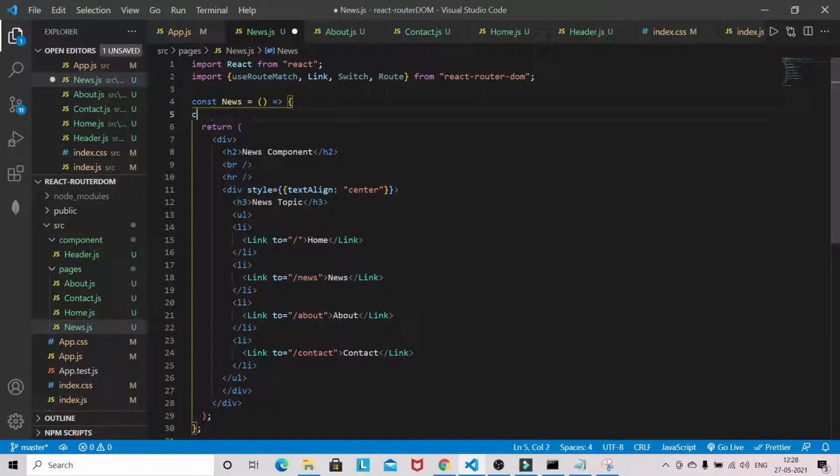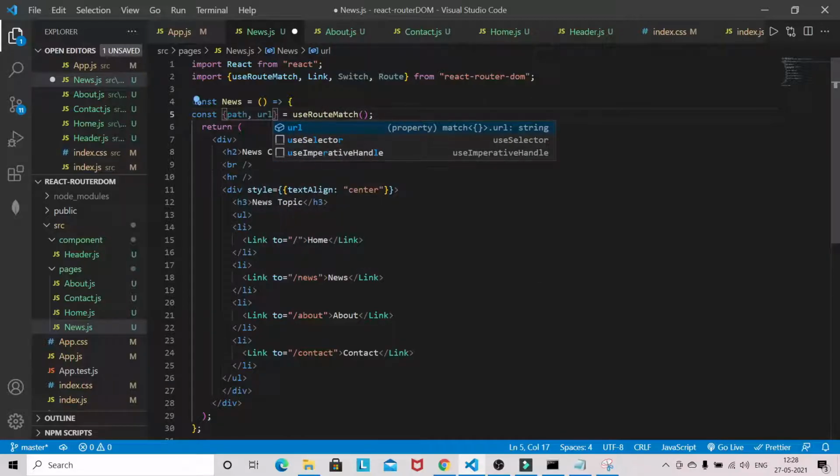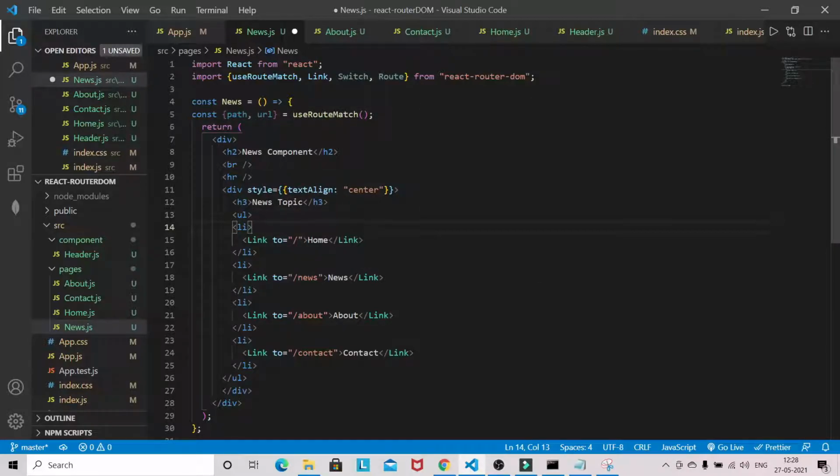From useRouteMatch I will destructure path and url. This thing we need to change, so this will be url, and this heading is sports.